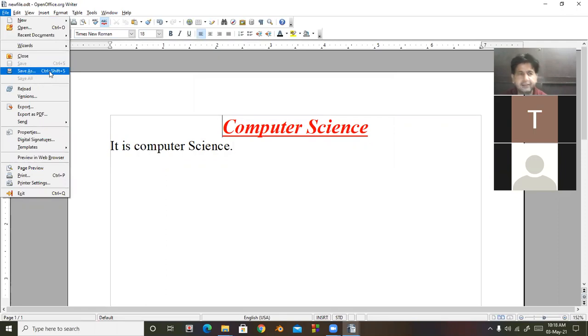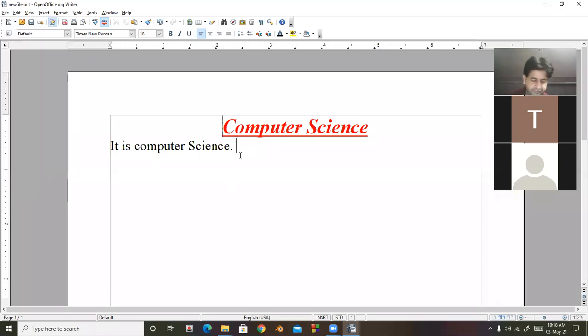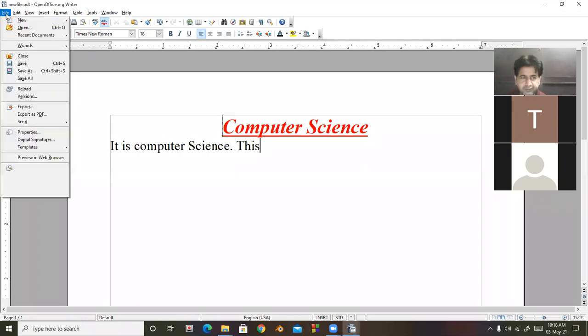And the shortcut key for saving is Ctrl+S. Remember one thing, if I make any changes here, in that case, if I click on file, click on save button, it means everything will be saved in the same file. But if I'm using save as, Control plus Shift plus S is the shortcut key.